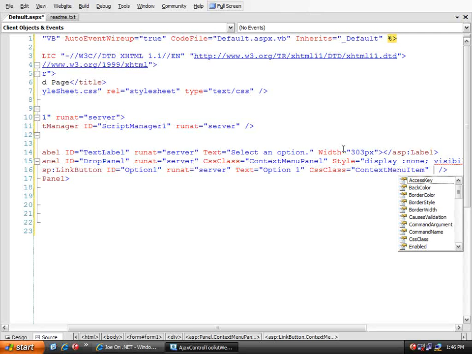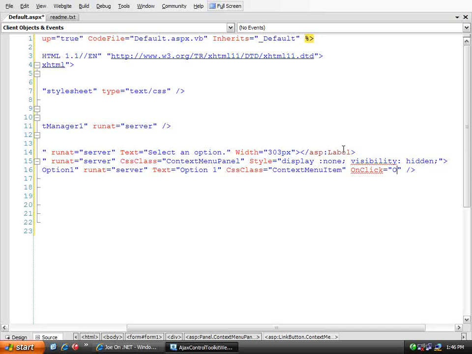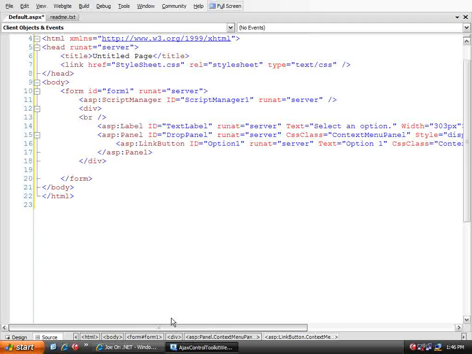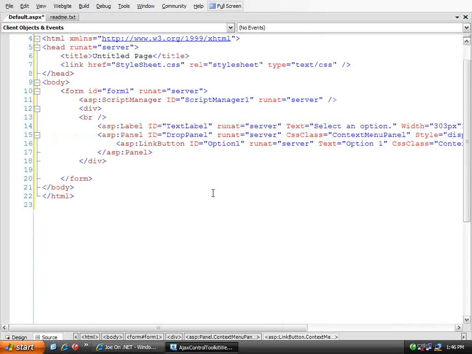And last thing we're going to do is we're going to call a server-side method. So we're going to say onClick equals onSelect, and then in our code behind we'll implement an onSelect method back in our code behind VB file. And this is a code behind method and not a JavaScript method because this is a server-side control. So having done that,